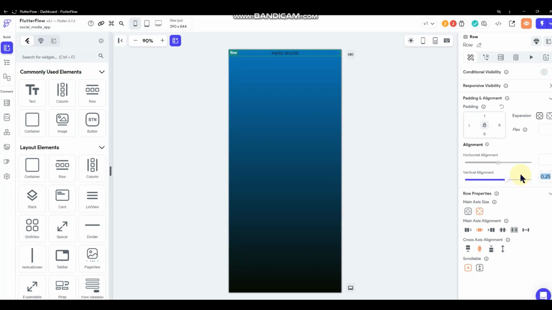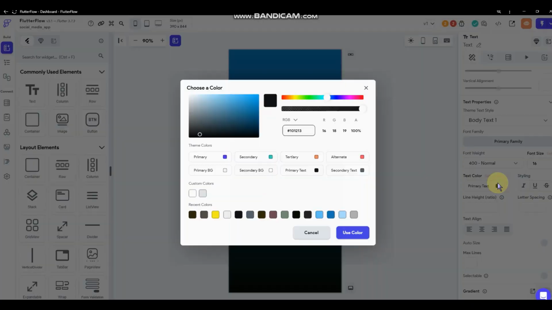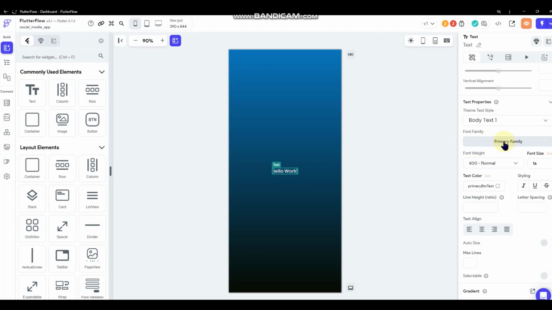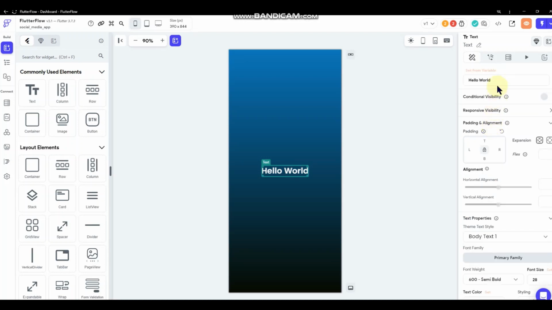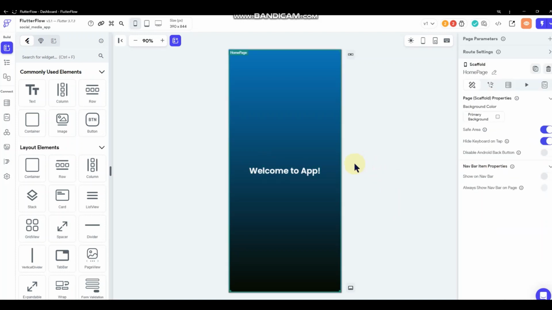Sorry, that's not what I want to do. I actually want to do this. I want to center that row inside my column, and I need to change this so we can see it. And we'll make it bigger, and we'll give it a title. Okay. Now,